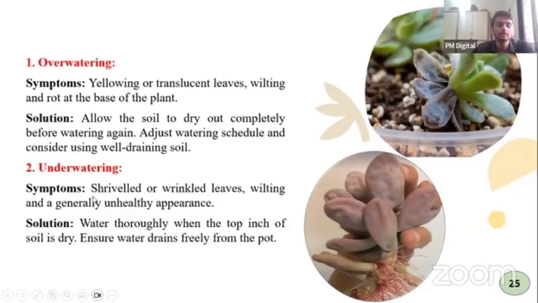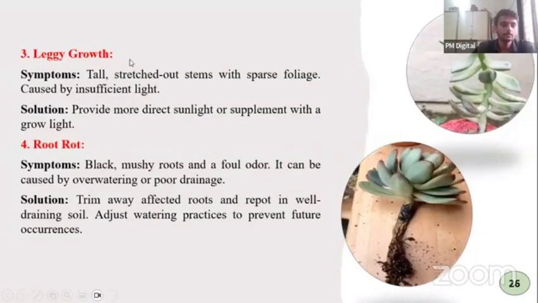Second is underwatering. The symptoms are shriveled or wrinkled leaves, wilting, and a generally unhealthy appearance. The solution is to water thoroughly when the top inch of soil is dry, so that water drains freely from the pot. Third one is leggy growth. Symptoms are tall, stretched out stems with sparse foliage, which is caused by